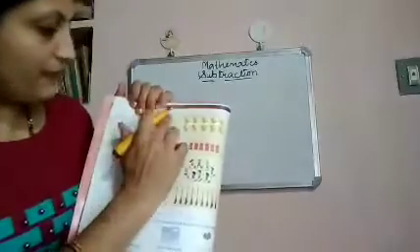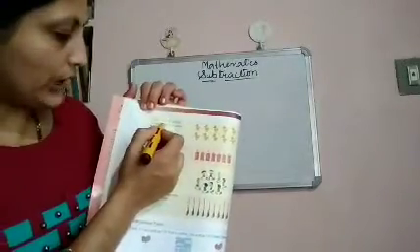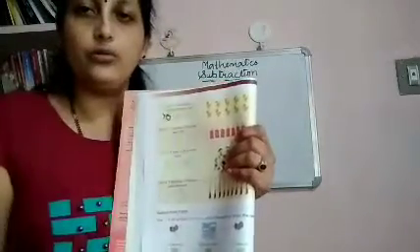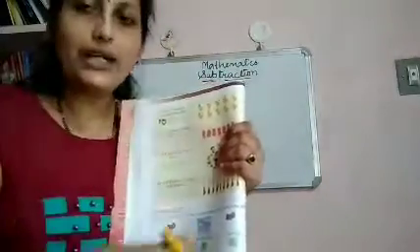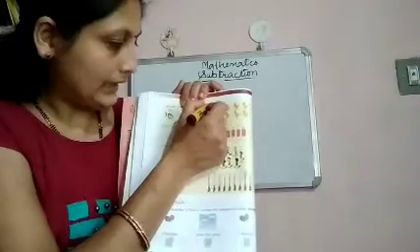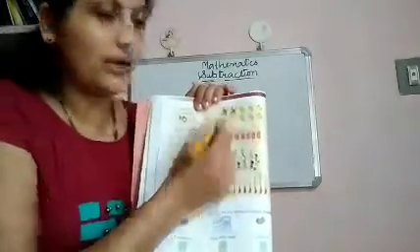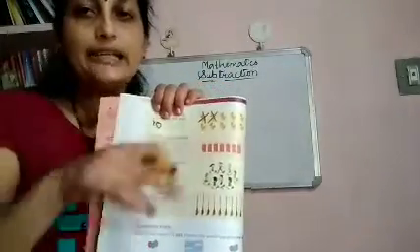And out of 10 ducklings, they have given here 2 ducklings flew away. To fly away. How to show that? Crossing out. What should we do? For the two ducklings we have to cross like this. Like this. 2 ducklings fly away.